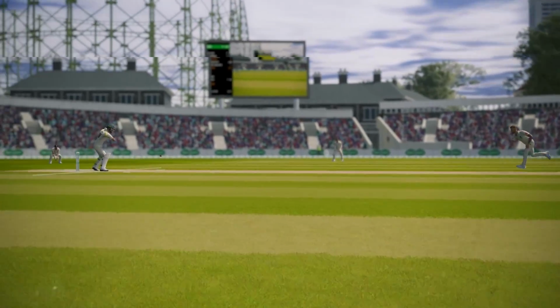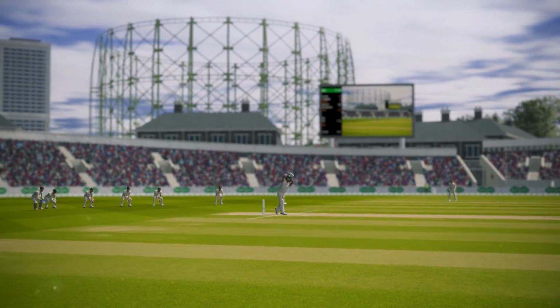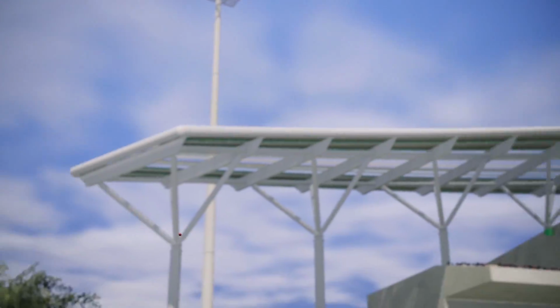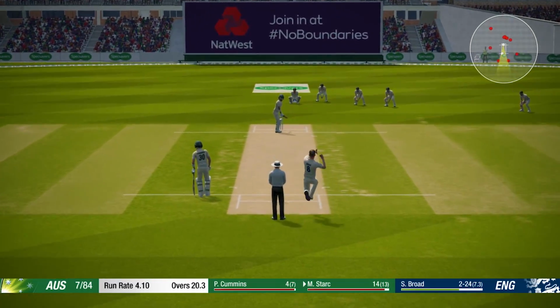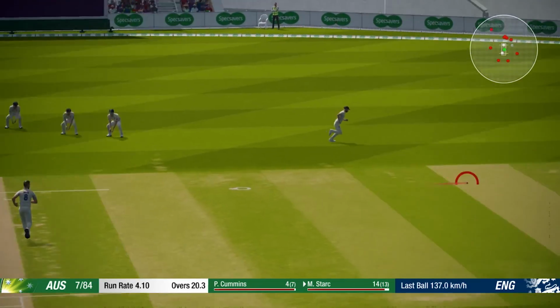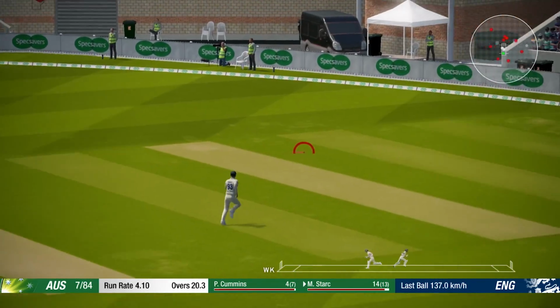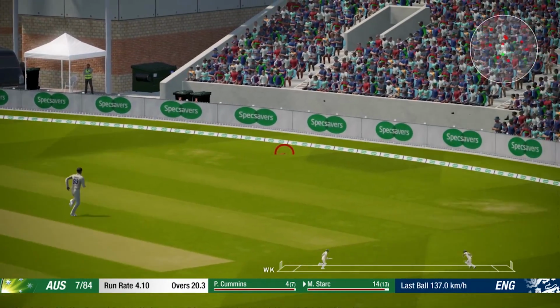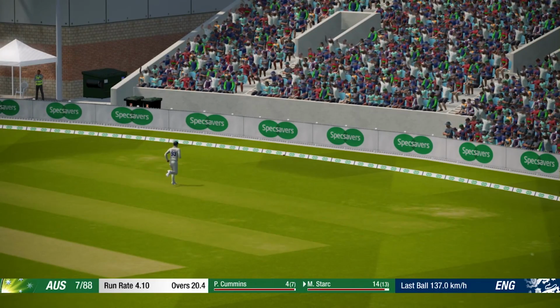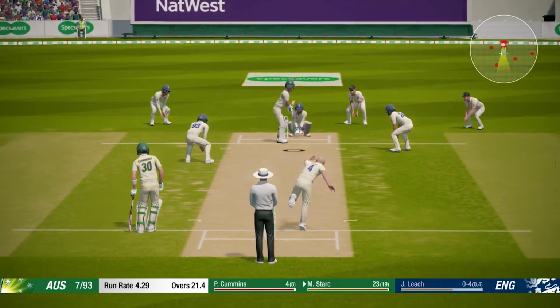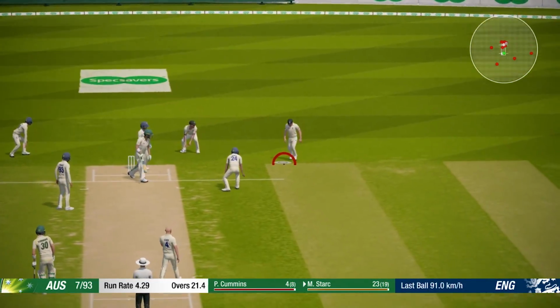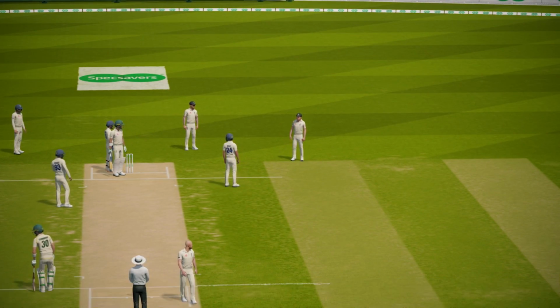These two will be looking for every little run they can get. And Mitchell Starc says he's going to make the most of his time at the crease. I think he made, what did he make? A half century in the last innings as well, in the 4th Test. So he'll be in a bit of form with the bat. Oof. Reverse sweep. Doesn't get through.